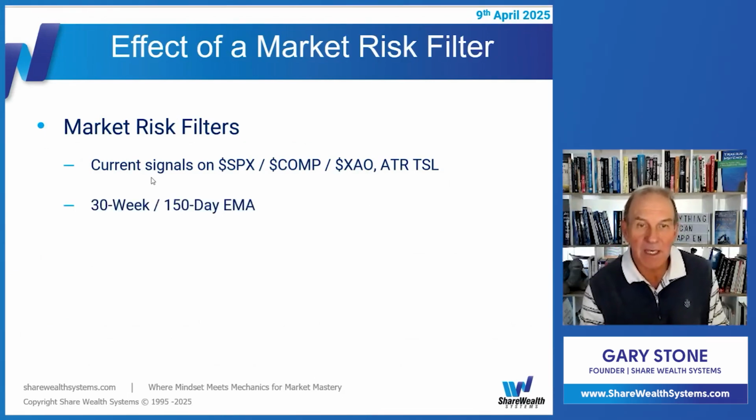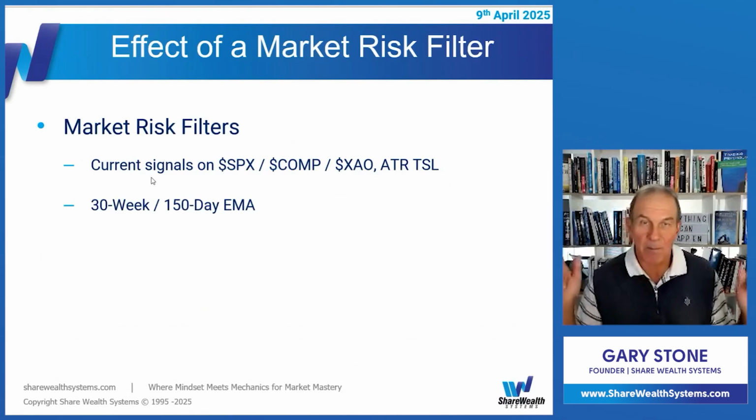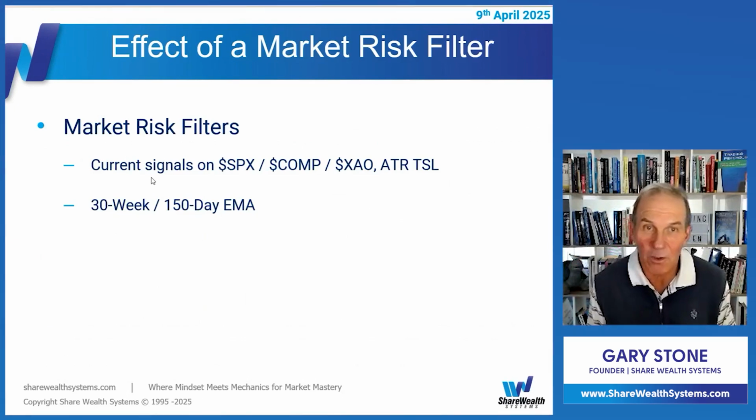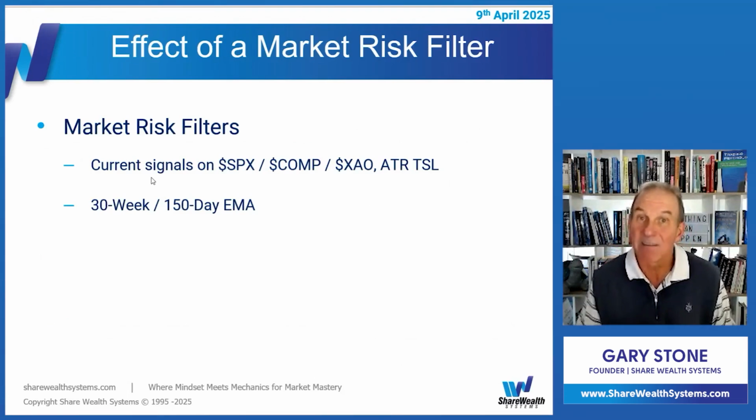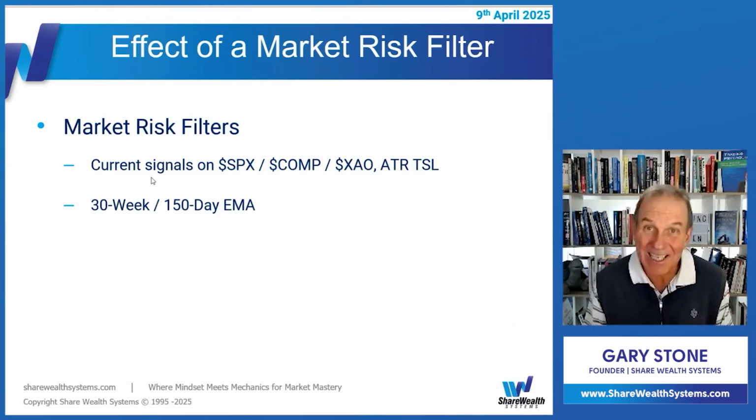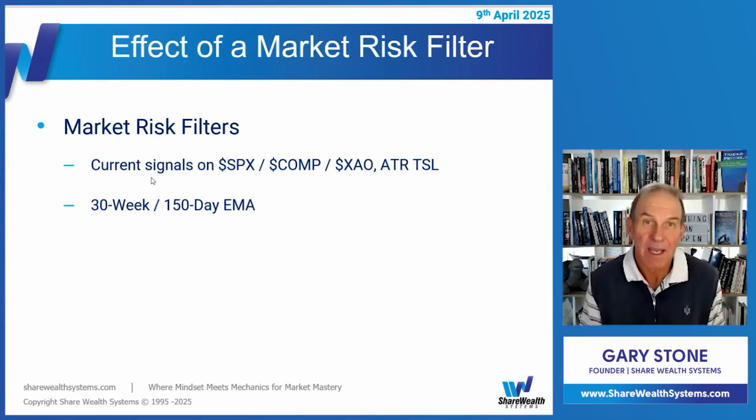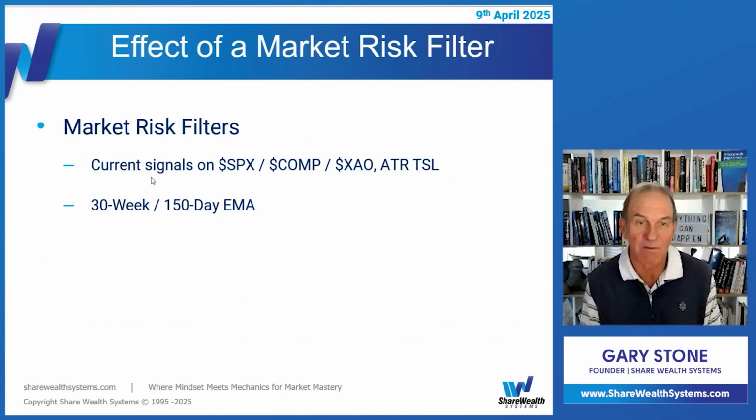But we've also been, what I'll show you as well, just as a representation without going through tons, of a standard one that everybody kind of talks about, which is a 30-week / 150-day exponential moving average as a filter. So effectively, when the price is below that 30-week EMA, you don't take any new entry signals until it's above, and so effectively it's an on-off. And you can use little variations here and there at and around the 30-week moving average, but that's a pretty standard one that a lot of people use.